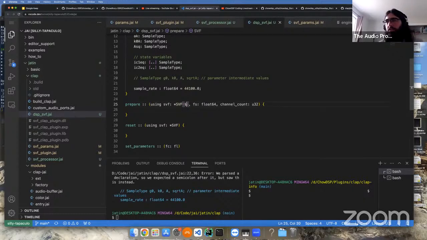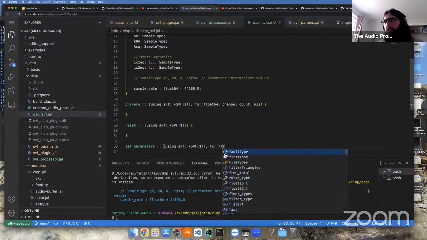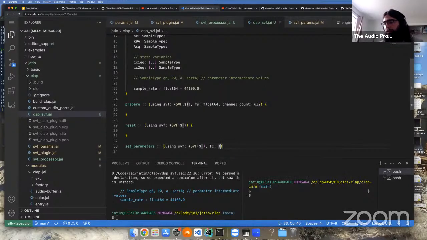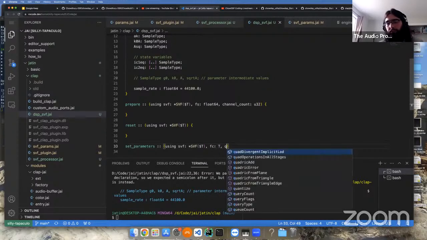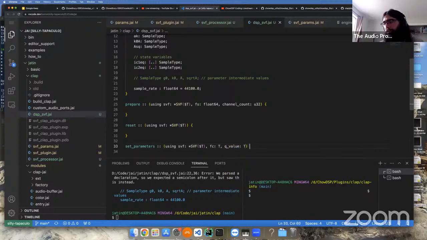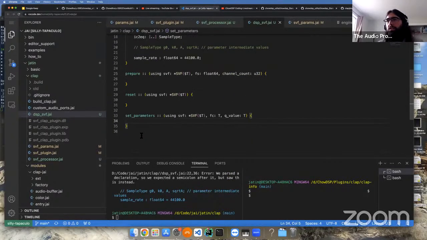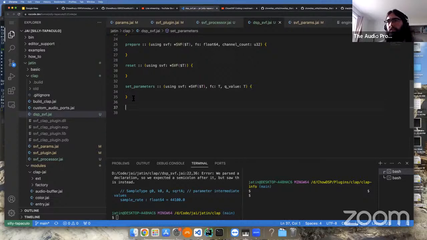So we'll have our sample type here. And I'll just call it T for now, just so I don't have to type sample type too many times. And so this should be of type T, I believe. And then our Q value will also be of type T. And then finally, we'll have